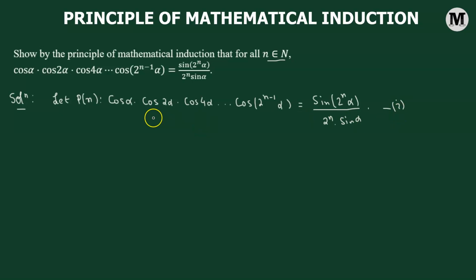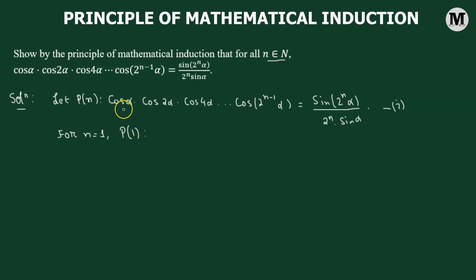Our goal will be to show that this is a true statement for all natural numbers, for all values of n belonging to the set of natural numbers. That means any natural number that we pick up, this statement has to be true. So to do this, first we're going to verify if it is true for n equals 1 or not. So for n equals 1, when we check, we'll get a statement P of 1